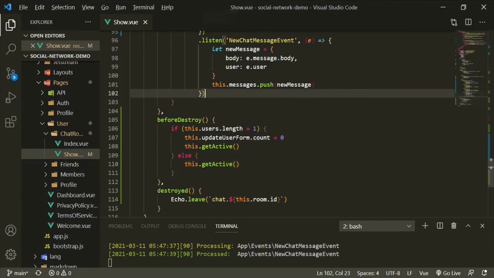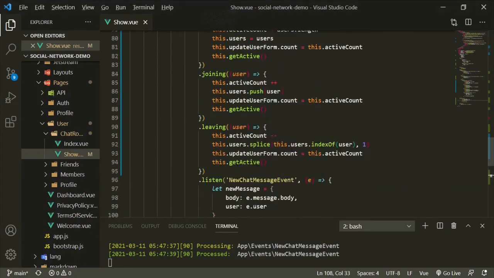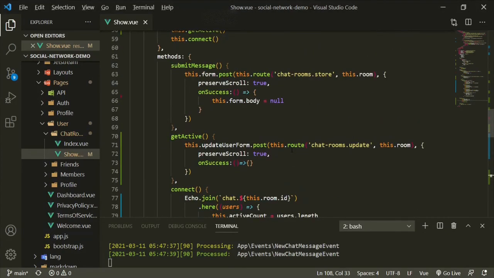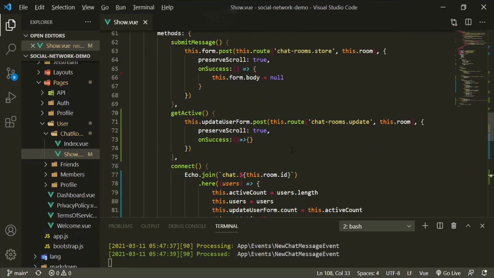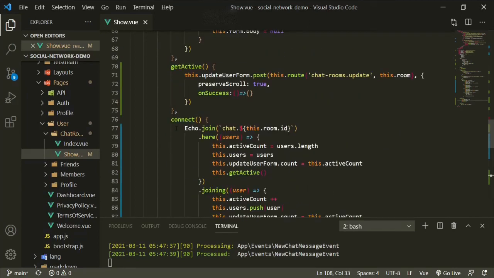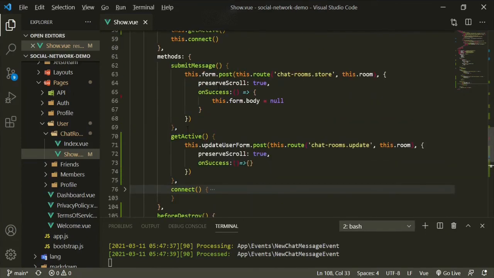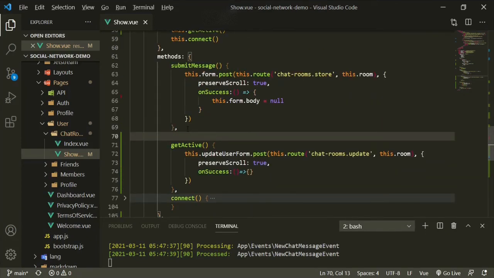text editor, and we are going to create a new method for that scroll, because we want it to have a scrolling feature. So if we go down to, let's see, we can do it above get active. Okay, we'll just call it scroll to bottom. Okay, open that up,